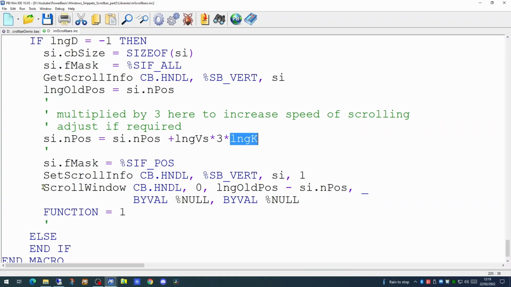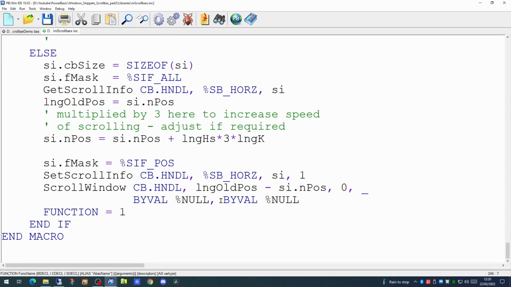And down at the bottom of this code is the part where we set the scroll info to set the scroll bar, and we use the scroll window API call to move the window up or down. This is almost exactly like the code we did on the main scroll bar. And if we're doing horizontal, we'll do exactly the same thing, only horizontally. And now that we've got the code for the horizontal scrolling in, let's try running the code itself.